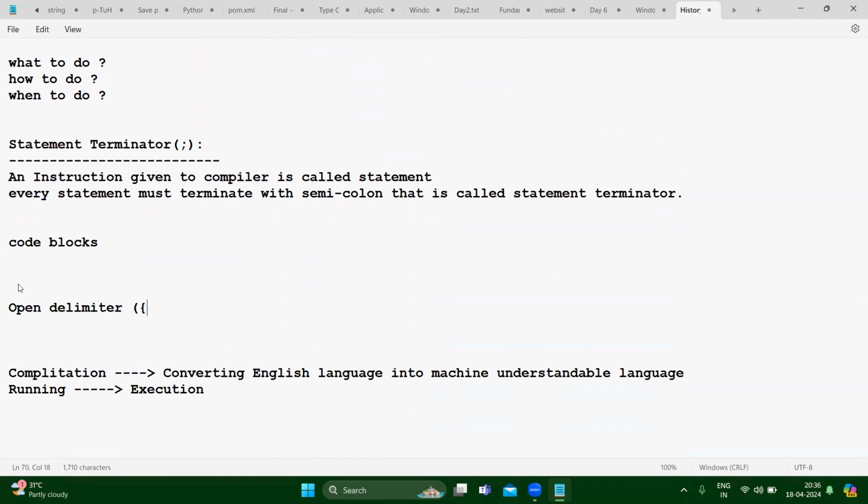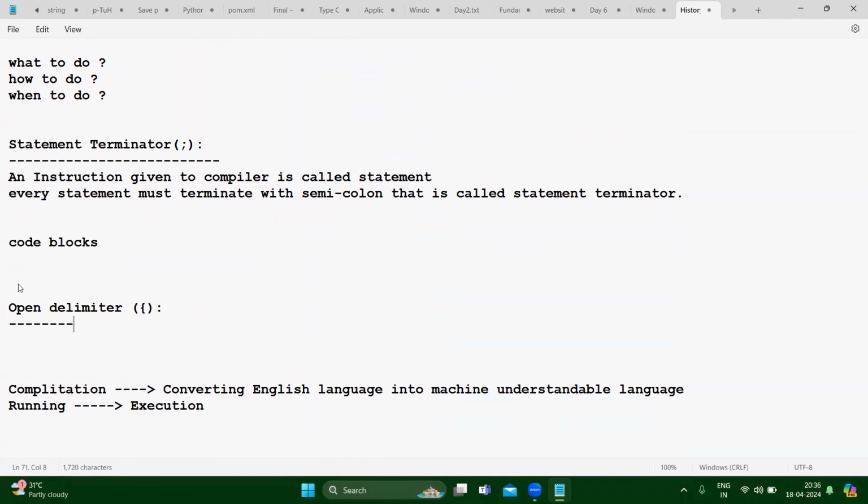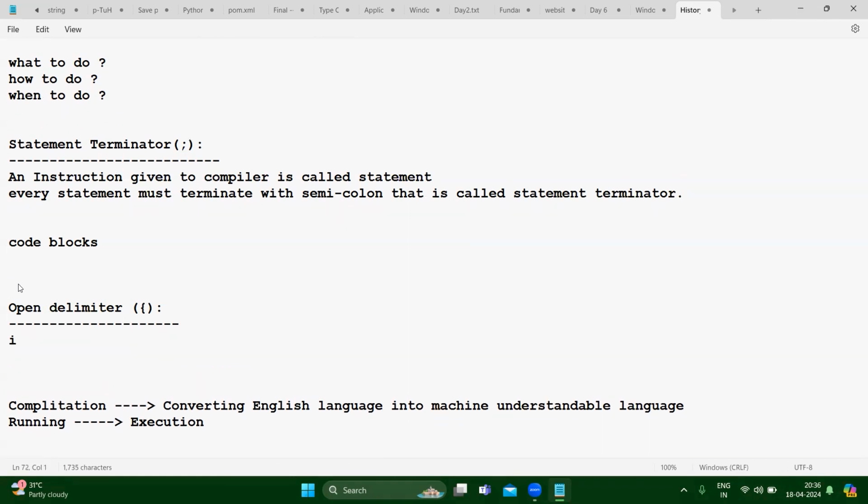Open curly braces. The open delimiter is used to indicate the beginning of a function or block, or user defined reference.